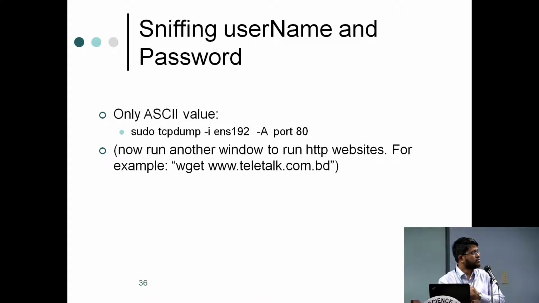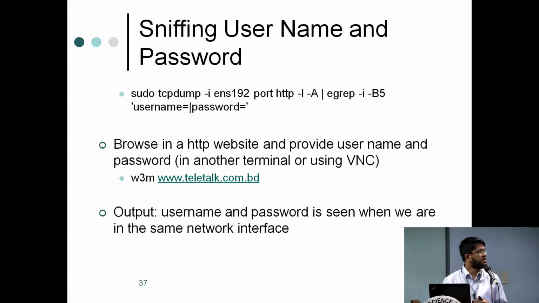So this is how we will capture. We can capture HTTP packets using port 80, right? So on port 80, we can capture the packets. It could be your device or any other device, say, for example, if you want to see other people's username and password. You can tap into a network and capture all the HTTP packets. Once you do that, the next thing we have to do